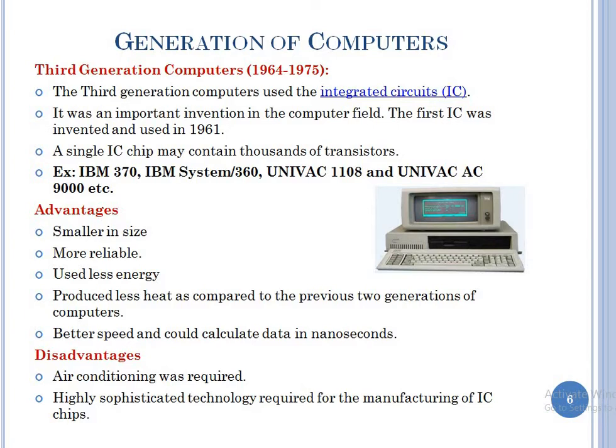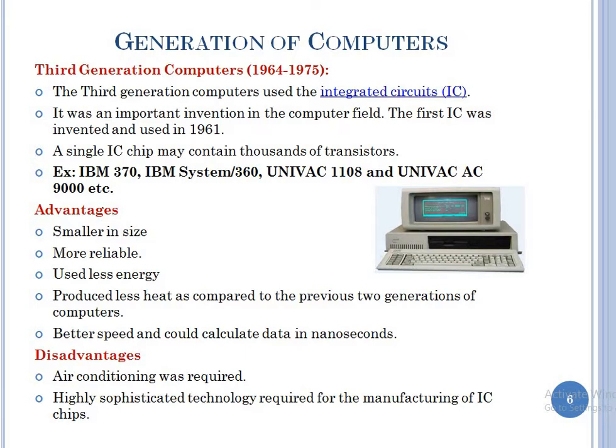Let me see third generation of computers. The third generation of computers was used from the period 1964 to 1975. This generation of computers was designed with integrated circuits. A single integrated circuit can pack a huge number of transistors, which increases the power of the computer and reduces the cost. The computers also became more reliable, efficient and smaller in size.